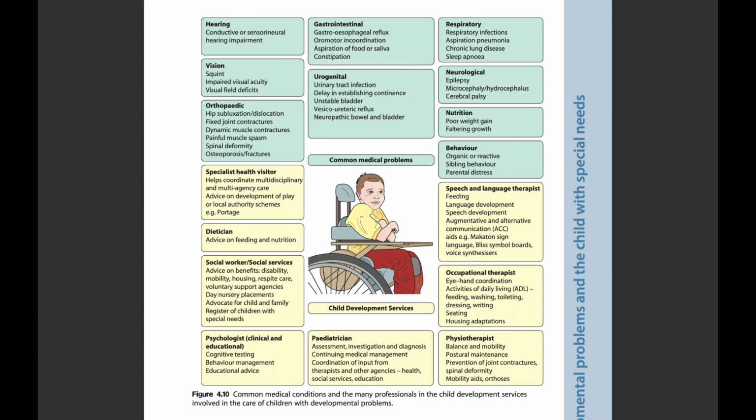Now, multidisciplinary child developmental services. Although children with a wide range of conditions have additional needs, the term special needs is usually used for children with developmental problems and disabilities. In order to optimize the child's assessment and care on an ongoing basis, child development services in the UK are based on geographical areas and are secondary care services. A child development service is multidisciplinary with predominantly health professionals: pediatrician, physiotherapists, occupational therapists, speech and language therapists, clinical psychologists, specialist health visitor, and dietitian in the team, but often also including a social worker, and is as shown in the figure, which shows